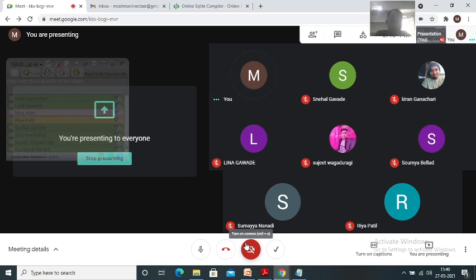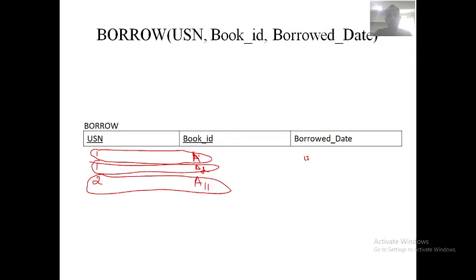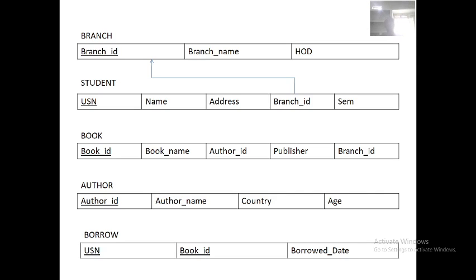Now we'll go to how these schema diagrams are interrelated. We are going to discuss it now. These are the tables we have created, right? In schema, we have written the schema diagrams for these tables.